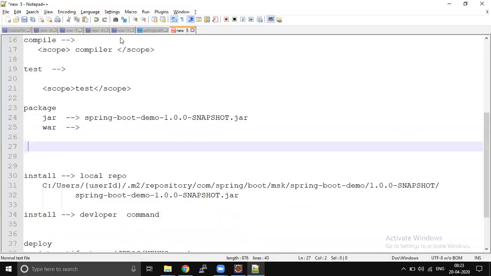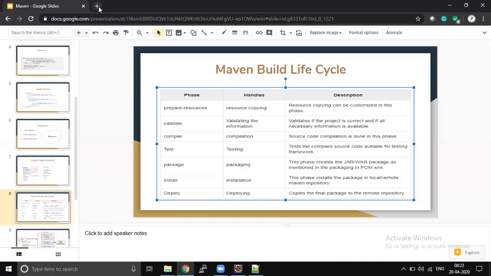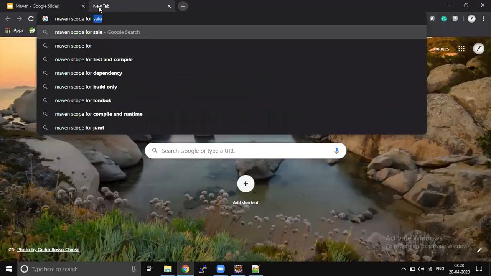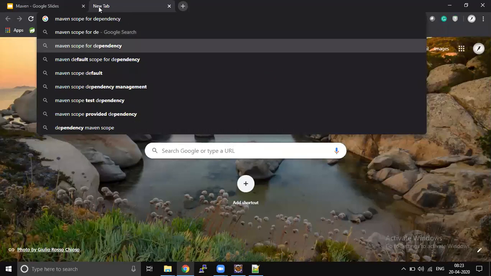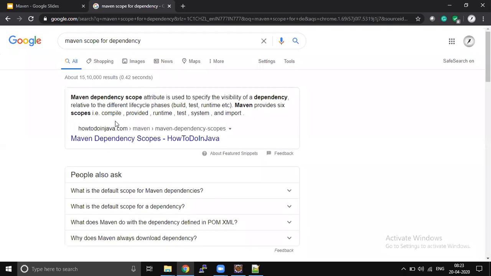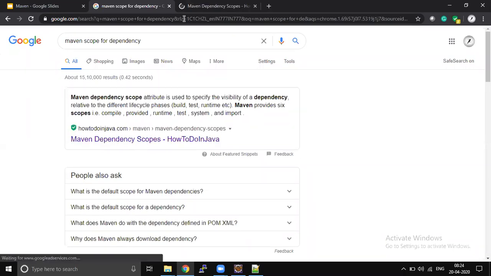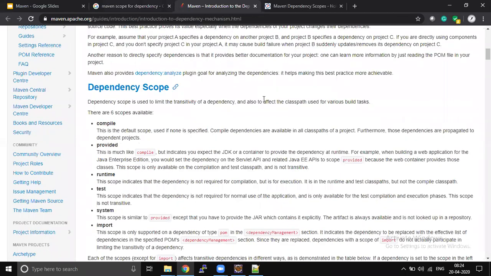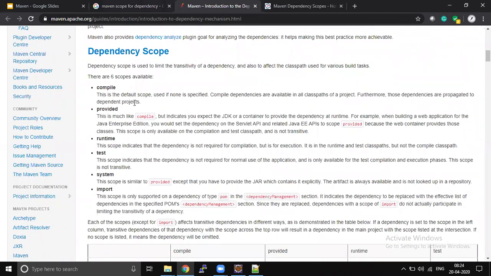Okay. To check that, we need to see what the allowed values are for scope in dependencies. Compile, provided, runtime, test, system, import.